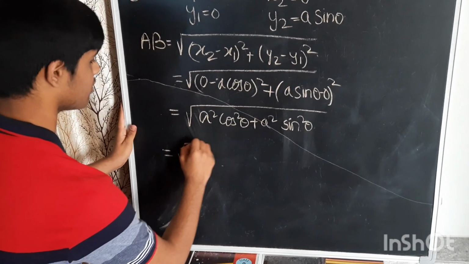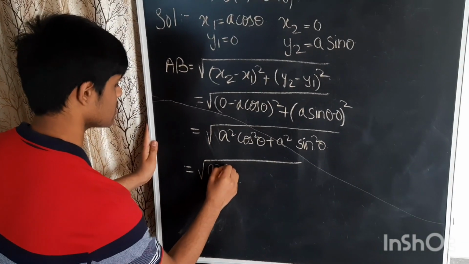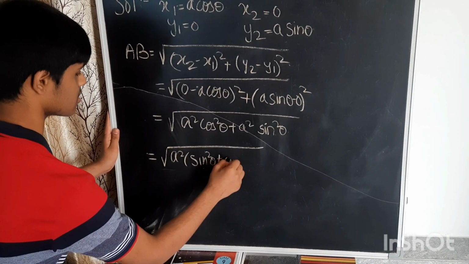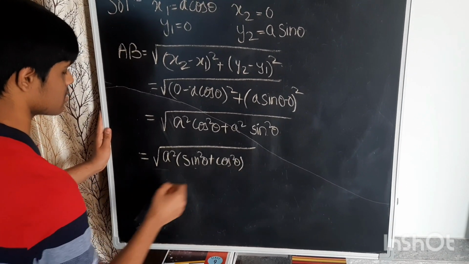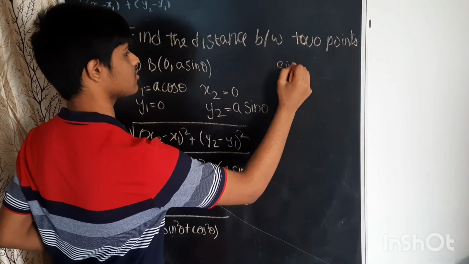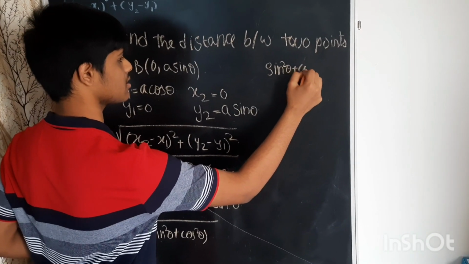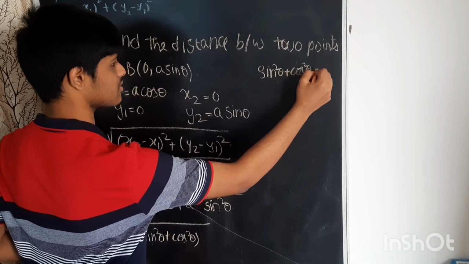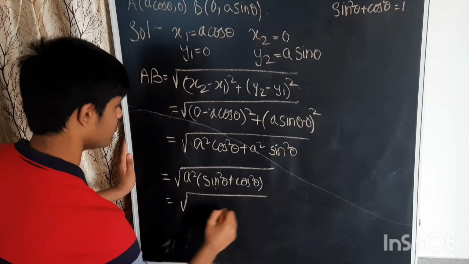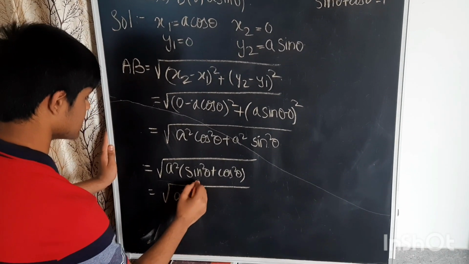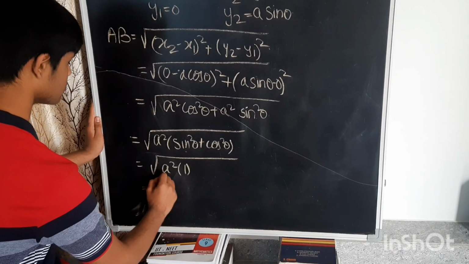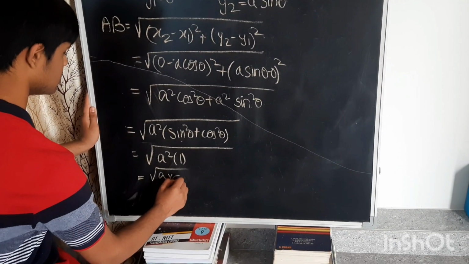That is equal to square root of A square common, sin square theta plus cos square theta. Sin square theta plus cos square theta is equal to 1. This is one of the trigonometric identities. So we apply sin square theta plus cos square theta equal to 1. So square root of A square is equal to square root of A into A, that is equal to A